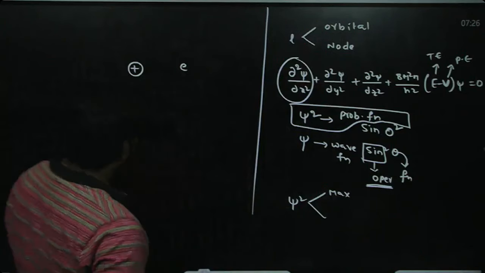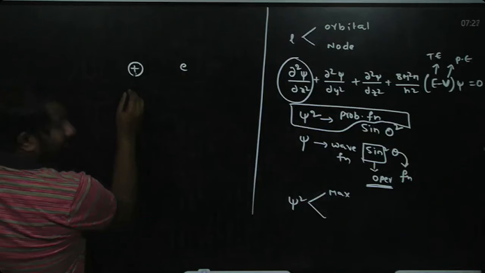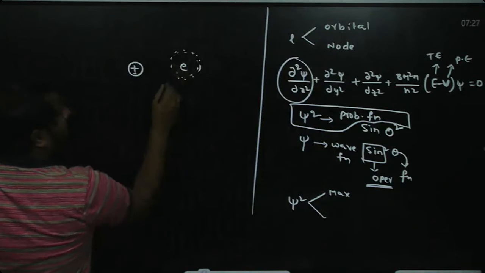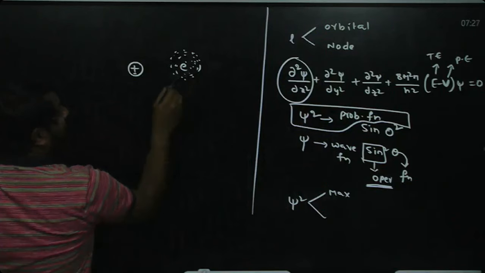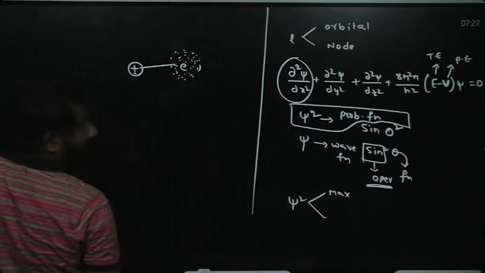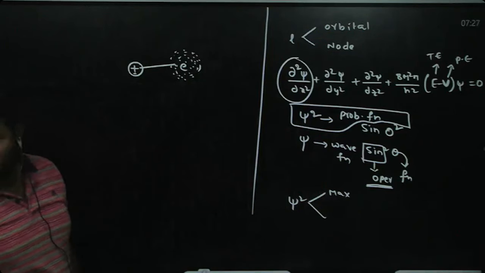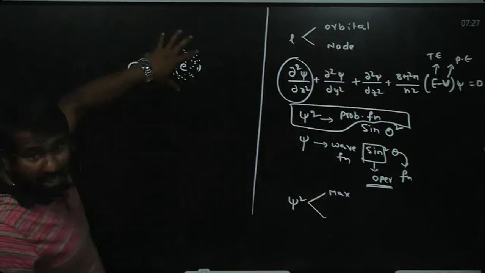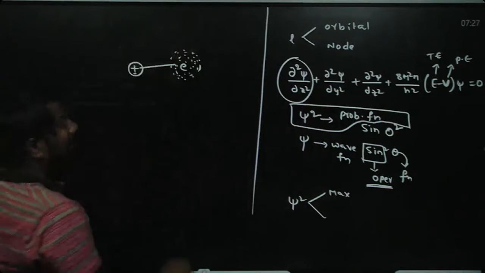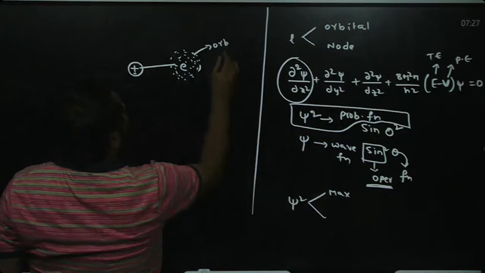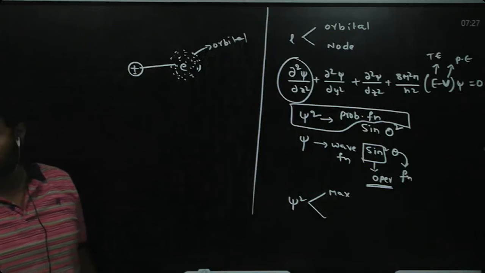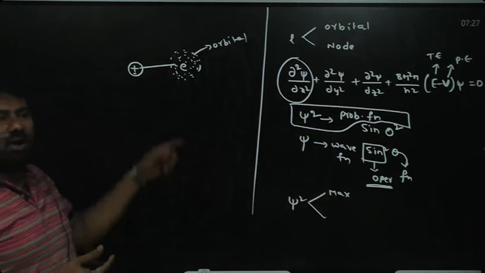అర్థమవుతుందా? అంటే ఇది న్యూక్లియస్. Here I am going to label the probability region. నేను ఒక ప్రాబబిలిటీ రీజియన్ని మొత్తాన్ని లేబుల్ చేసుకుంటున్నా. ఈ రీజియన్లో నాకు ఎలక్ట్రాన్ కనిపిస్తుంది. ఎవరి వల్ల? This electron is there under the influence of the nucleus. Okay, this is the maximum probability region where the electron can be found by the nucleus. This particular portion is called orbital. What is this? Orbital. The orbital is actually the space at which the electron can be found by the nucleus,